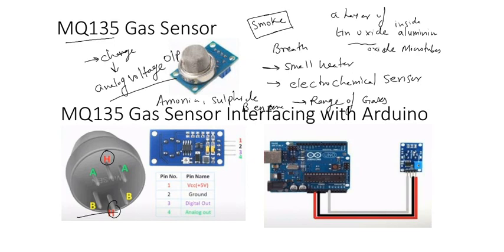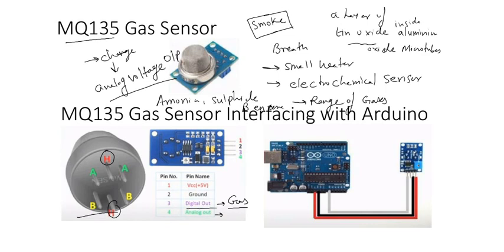So what are those four pins? Two will be connected to VCC and ground, and there are two outputs, digital output and analog output. Both outputs it gives. Digital output means whether the gas has been detected or not, simply giving 1 or 0, right? But in analog output, depending on the voltage range, we can find out which gas is detected. So we can set some thresholds to detect different kinds of gases.